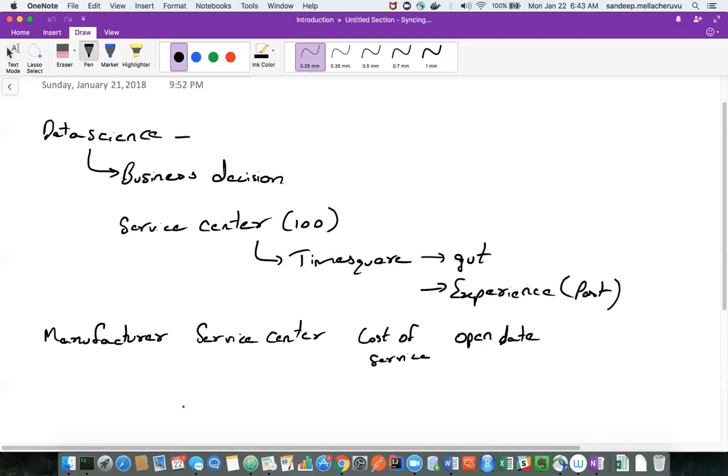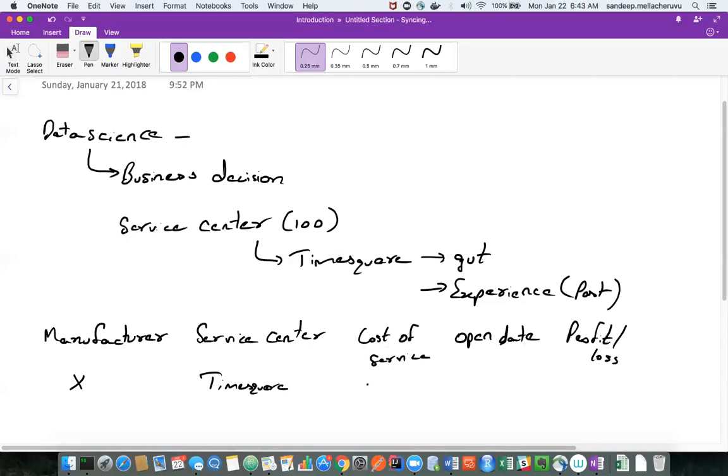Let's say this is the data that we collected. Let's say there is a manufacturer X and the service center is in Times Square, and I need profit or loss, obviously. So did he get a profit or did he get a loss?